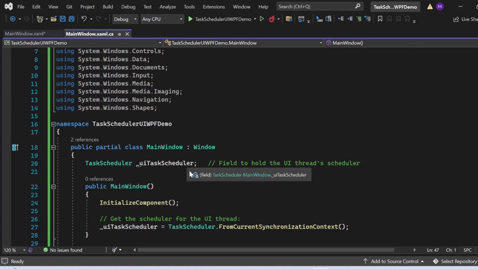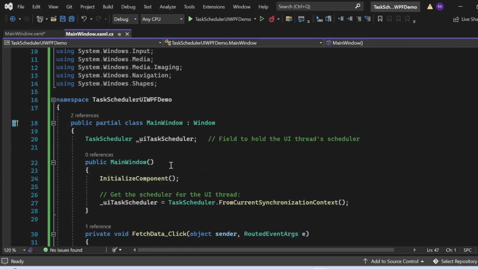And this scheduler ensures that tasks affecting the UI run on the correct thread itself. Then we have the constructor. That's what I have written, public MainWindow. Inside this constructor, I have called the method InitializeComponent. So this method initializes the components defined in the XAML file for the window, and this sets up the UI